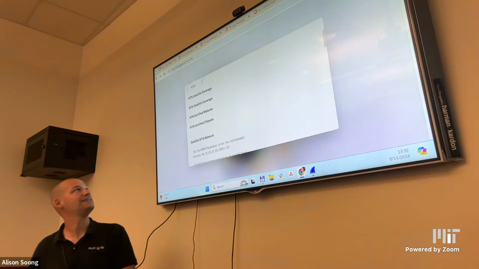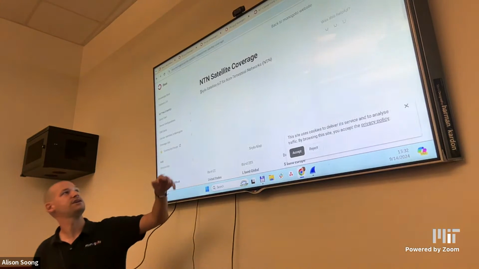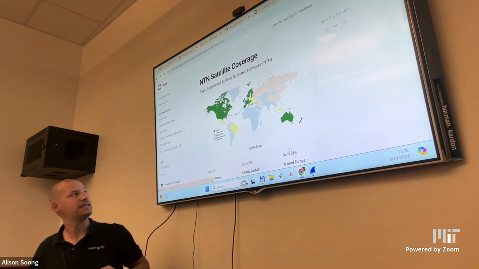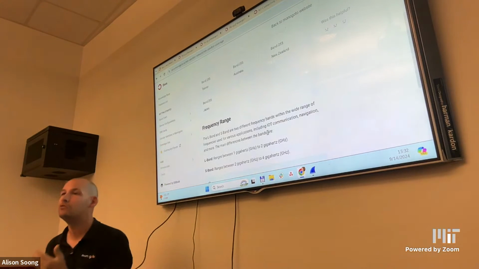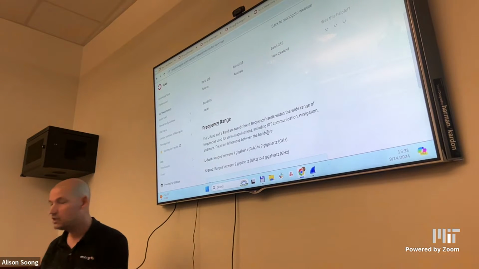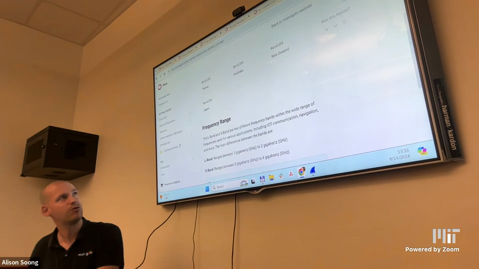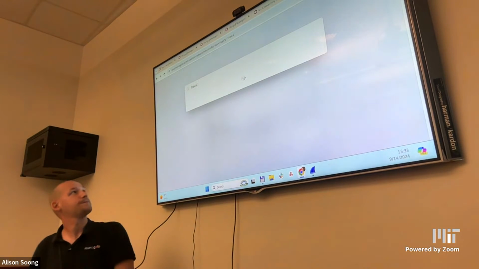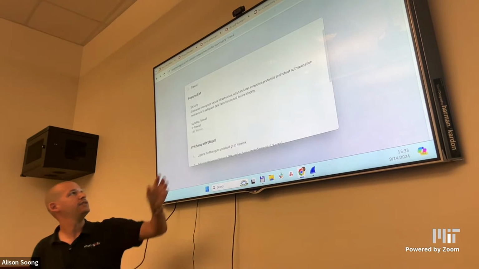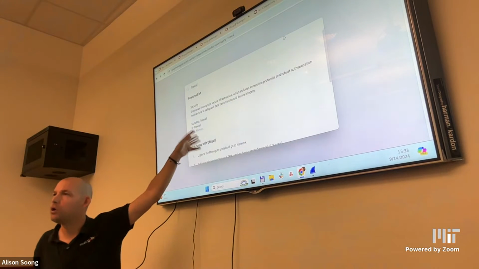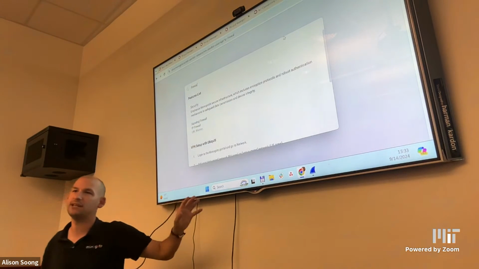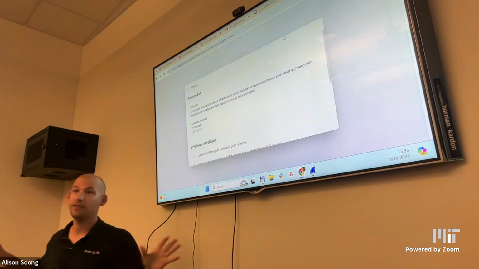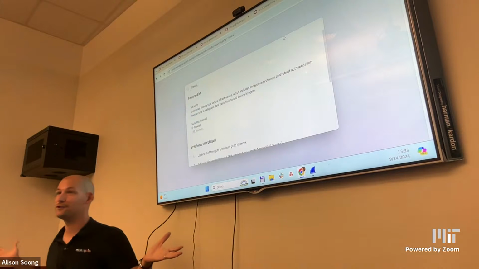So what is NTN? What's the coverage list? What's the Skylo? What are we doing? And basically all the information is here down to the API level. And again, if you want to disable a specific firewall or ports, you go here, you do firewall, and you get all the information, how to block URLs, IPs, ports, etc. With this entry point, with our documentation, the world is your oyster, so get your oyster connected.